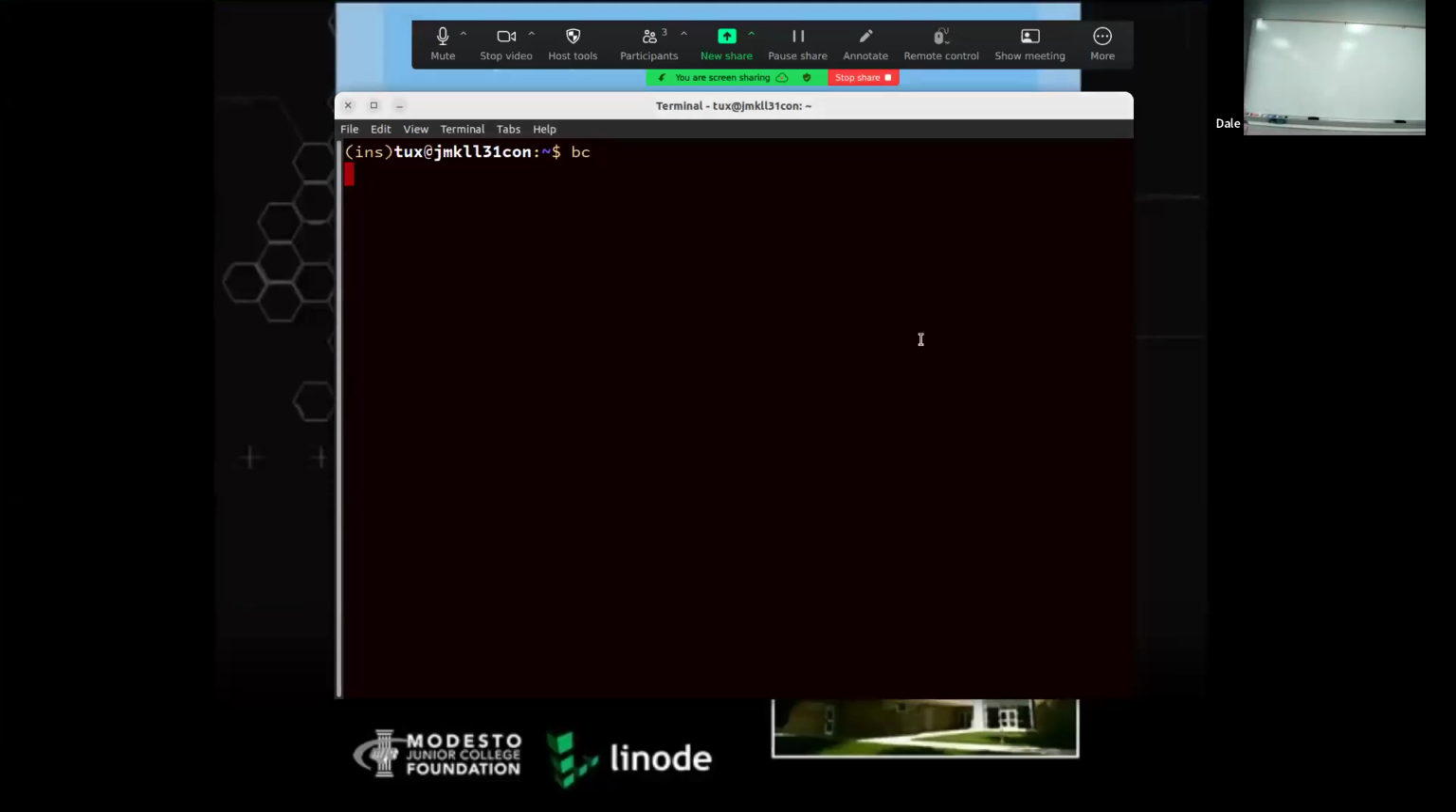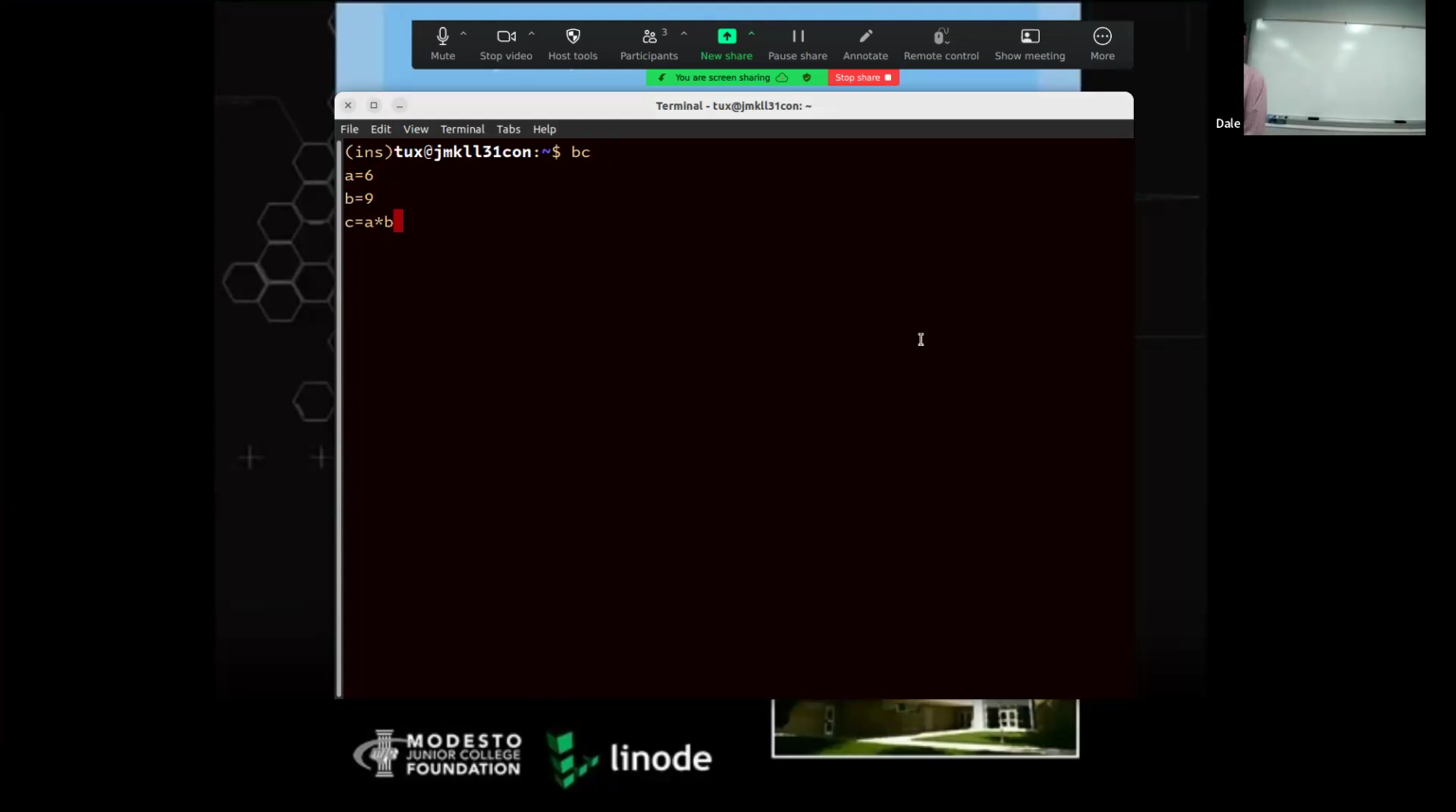The bc command is a very simple algebraic calculator. So you can say A equals 6, B equals 8, or B equals whatever. And then say C equals A times